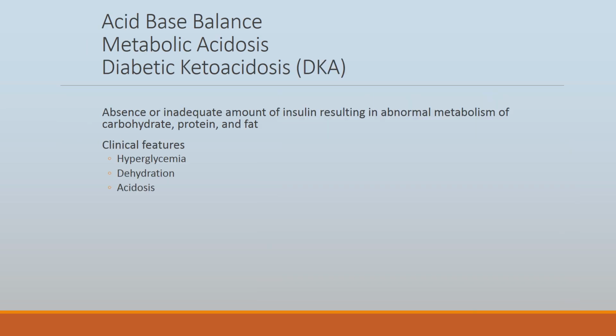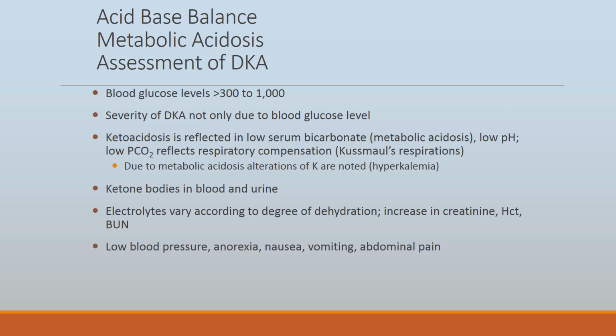Hyperventilation. Okay, diabetic ketoacidosis. The biggest thing we want to know about diabetic ketoacidosis is that it's the lack of insulin. Diabetes is the lack of insulin, but DKA is worse because there is just not a sufficient amount of insulin for the intake that's occurring. So we see severe hyperglycemia, and because of the lack of insulin, we see dehydration and acidosis, and we'll explain about it.